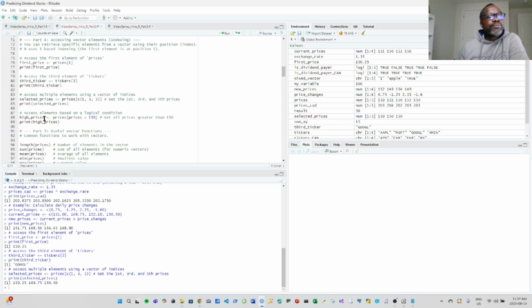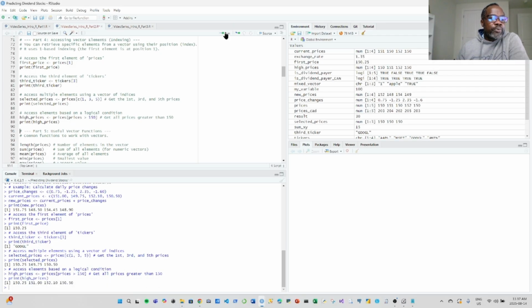We can also access elements based on logical conditions. So again, we have a variable here, high prices. Here we are trying to get the prices that are greater than $150. So we get all prices that are greater than $150. So we run this, print the variable, and we're able to get all the stock prices that are greater than